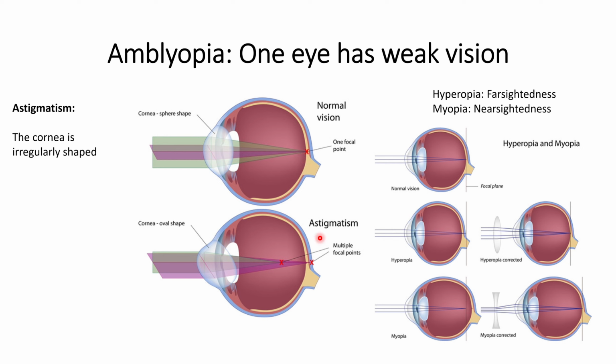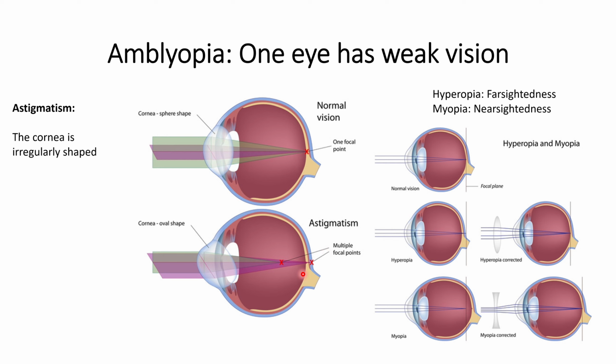Whereas in astigmatism, the cornea is not sphere shaped as it is in normal vision. The cornea is found in an oval shape, and this problem might be inherited from parents. Because of this oval shaped cornea, the images are formed at multiple points, one before the retina and another after the retina, as can be seen